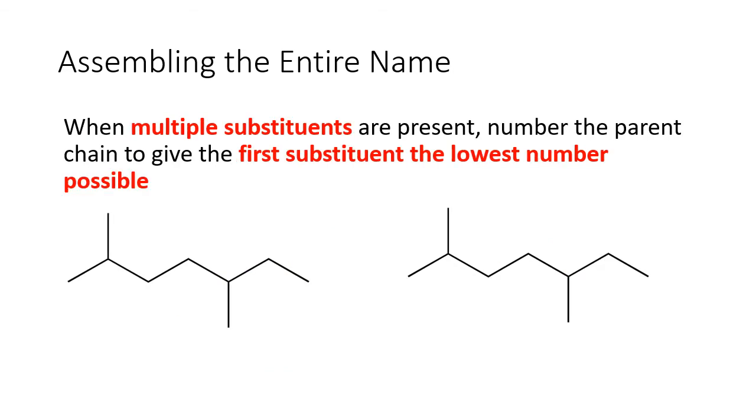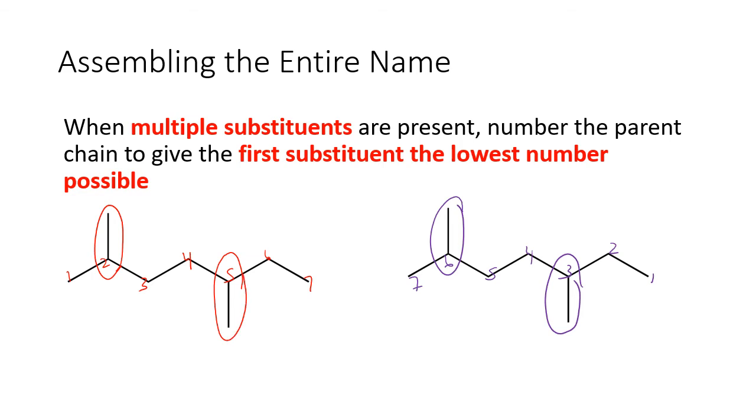Okay, so next, when you have multiple substituents present, we want to number the parent chain to give the first substituent that pops up the lowest number possible. So when we're going to start numbering between these two, we could start on the left and go 1, 2, 3, 4, 5, 6, 7. Or if we were to have numbered on the right, we would have gone 1, 2, 3, 4, 5, 6, 7. So on the right-hand side, our side groups are at 3 and at 6, versus on the left, 2